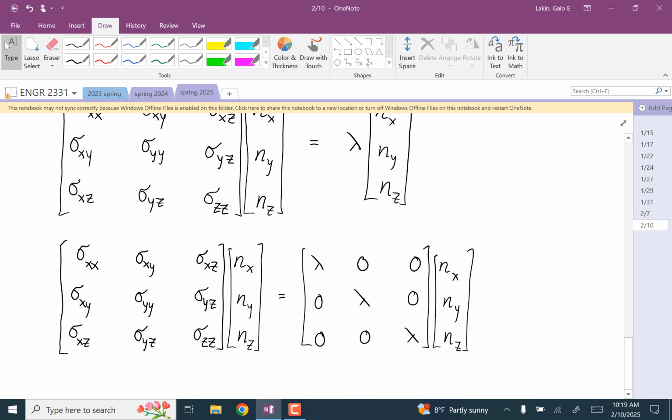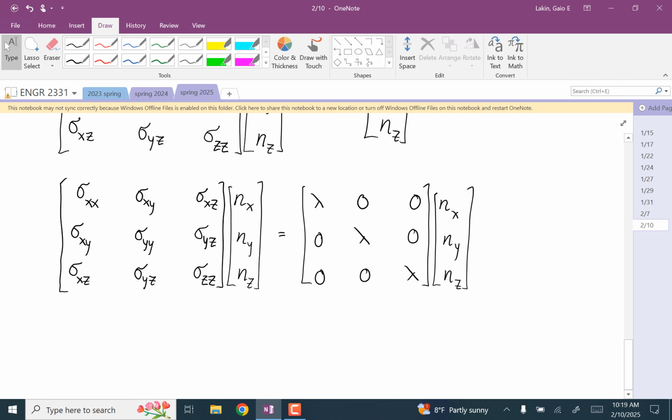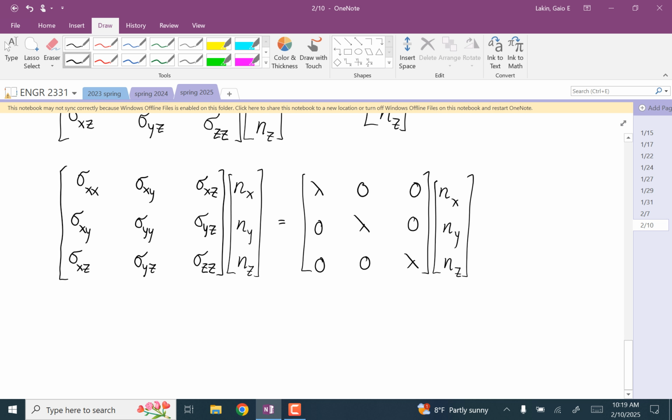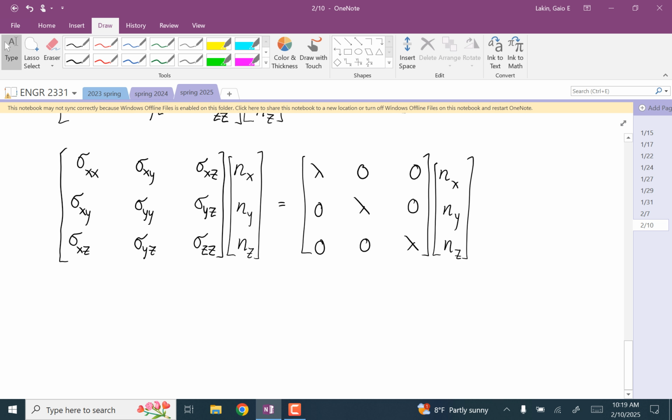So these are two different ways of writing the exact same thing. But now that we have it like this, we can do the algebra and subtract the right side from both sides. Okay, so if I subtract from both sides, we get